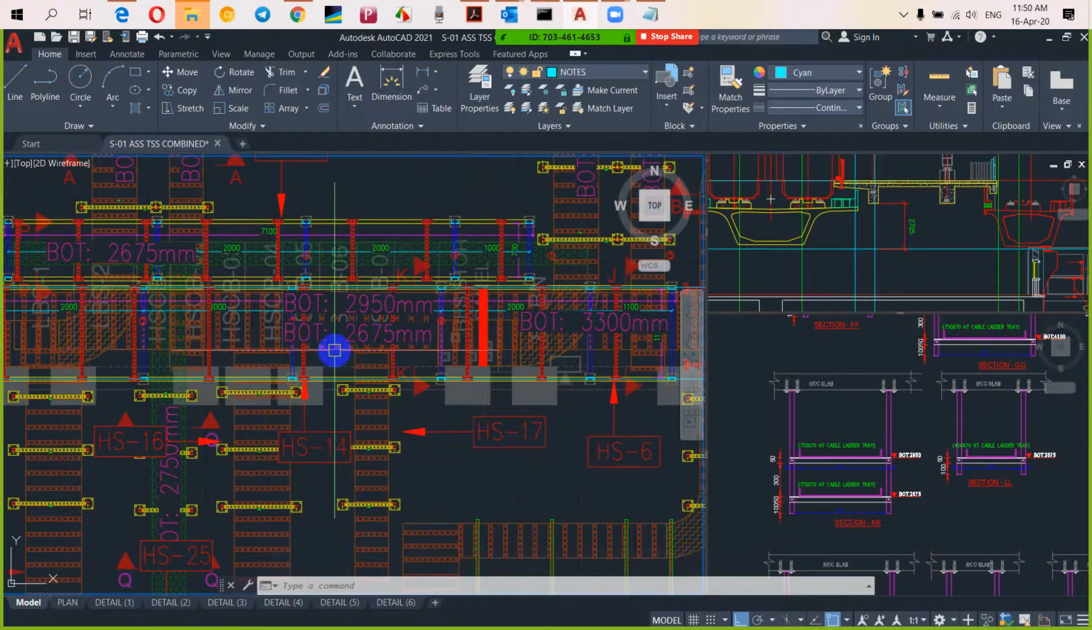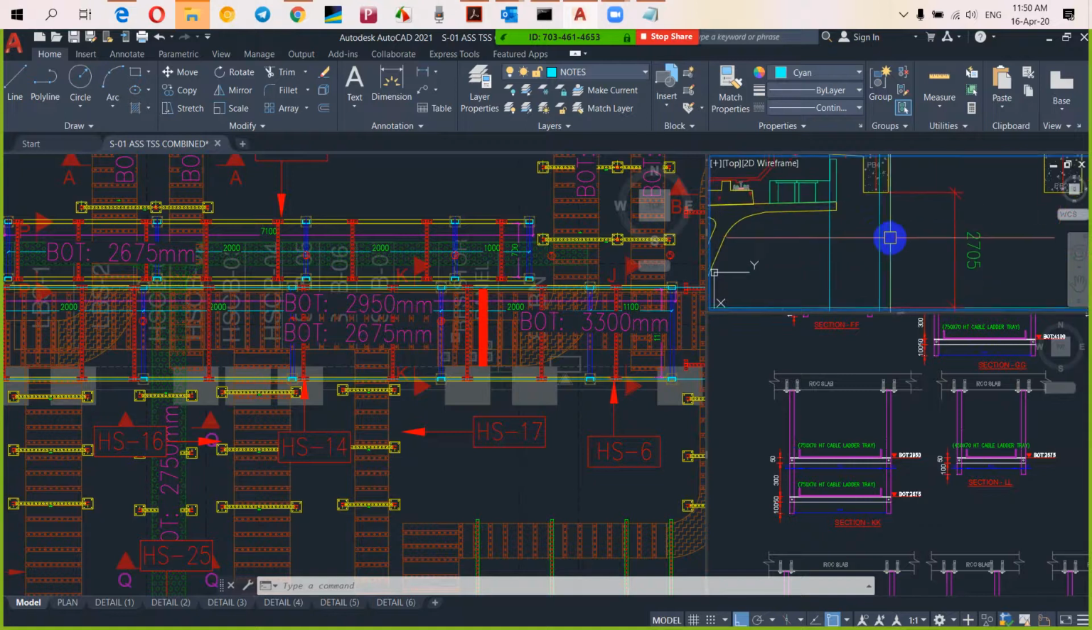Means you want to say that in place of 2675 you want 2975, and in place of 2950 you want to give 3250. Yes. What is the reason? The reason is, see,